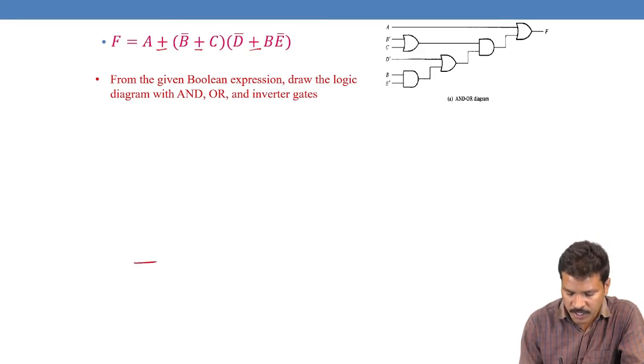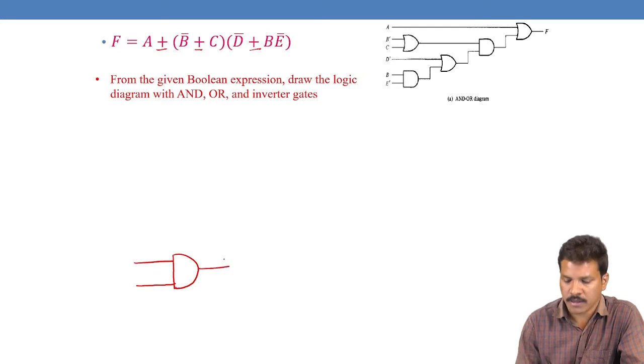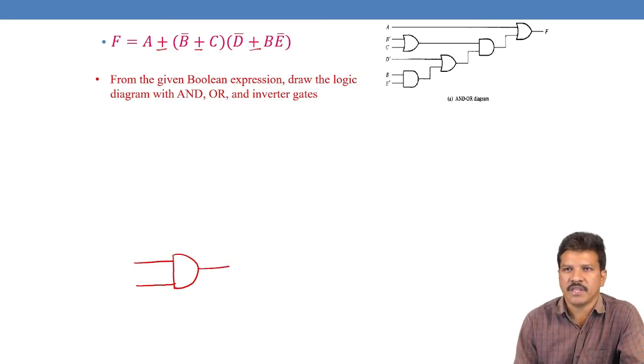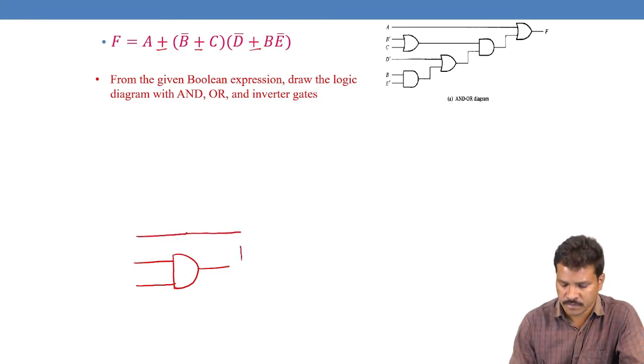We can take B and D. And then this B and E we can add with D bar. I'm taking direct variable D bar. Sorry, it is OR gate. We can add. We can take OR gate. And this OR gate, this is one